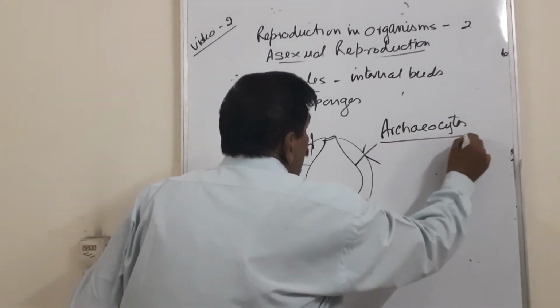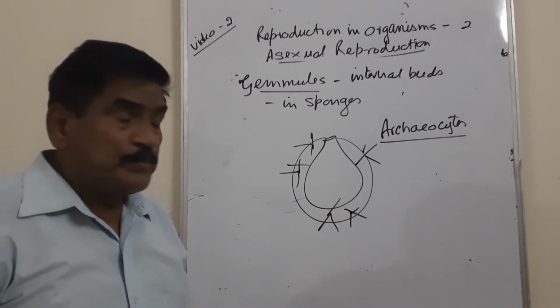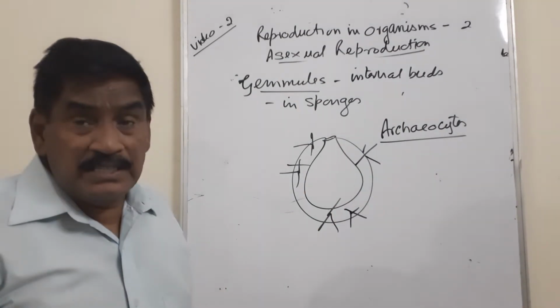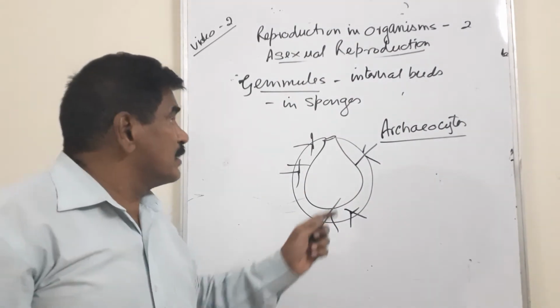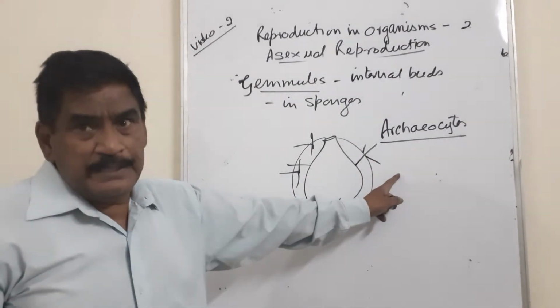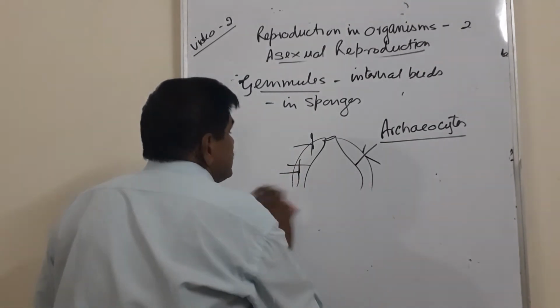Archaeocytes, which are undifferentiated cells in the sponges, can form gemmules. When in adverse condition the sponge dies away, the gemmule, the internal bud, develops into a new sponge. That is the gemmule formation. Next you can see